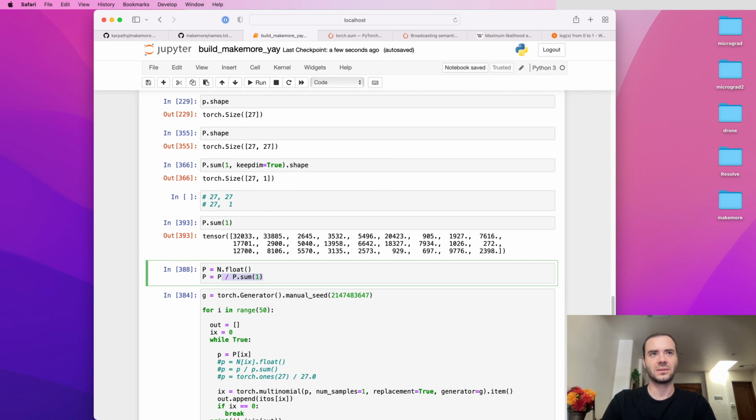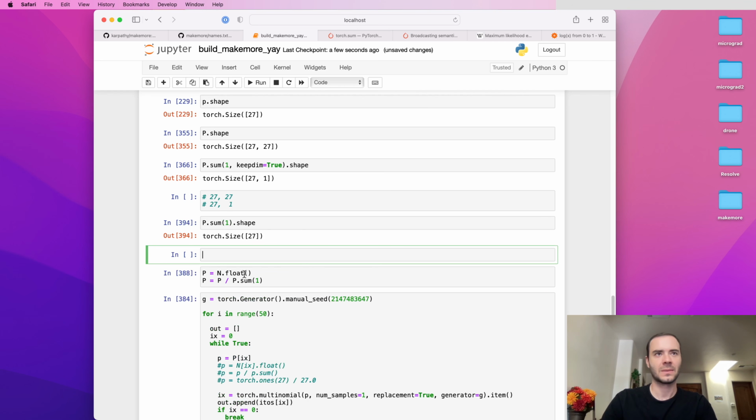First of all, can we even write this, and is it even expected to run? Is it broadcastable? Let's determine if this result is broadcastable. P.sum at 1 is shape 27. This is 27 by 27. So 27 by 27